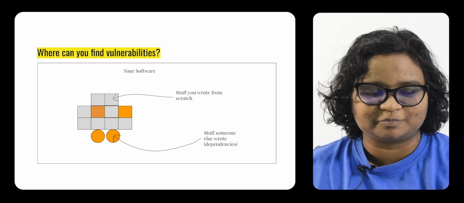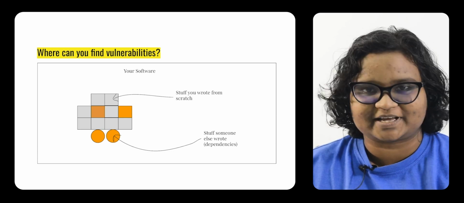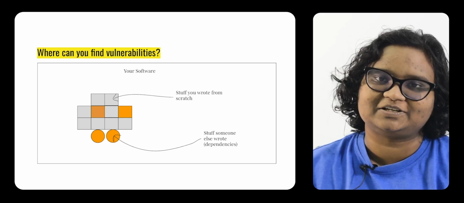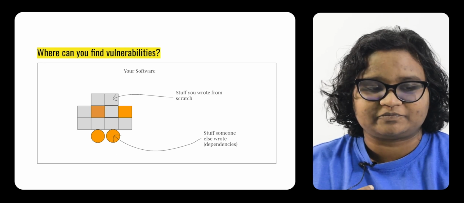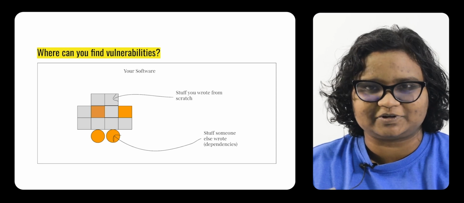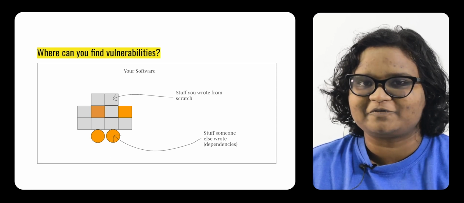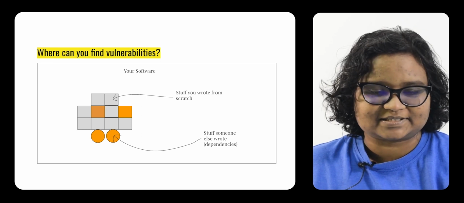Because you can't always stay there and reinvent the wheel when you want to make a car. So you have to borrow the wheels from somewhere else, and there's no saying that the wheels that you invent yourself are better than any other wheels out there. So what we are going to do with vulnerability management is just making sure that wheel doesn't fall off when you're using the car in the future. So as I said earlier,